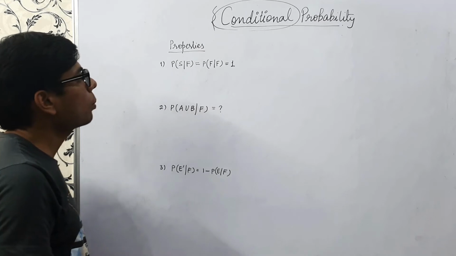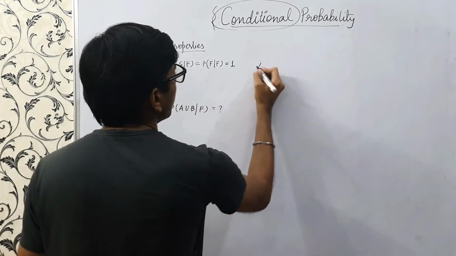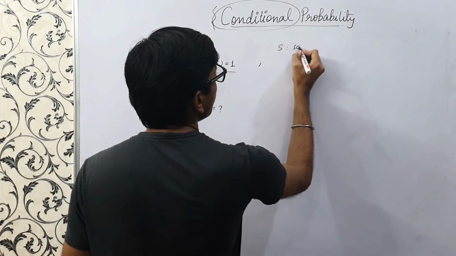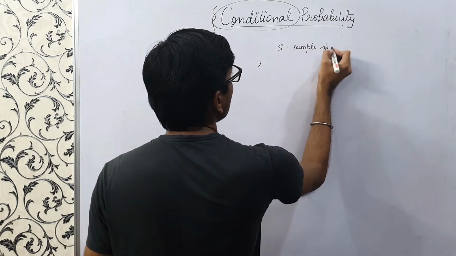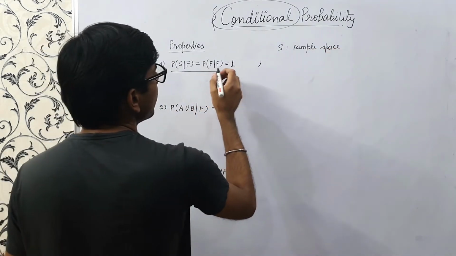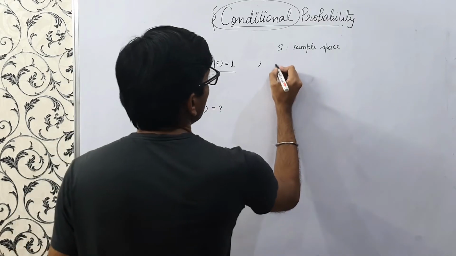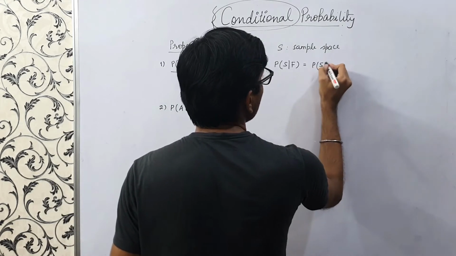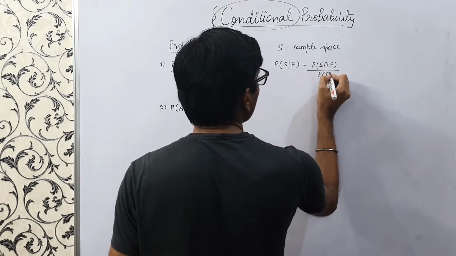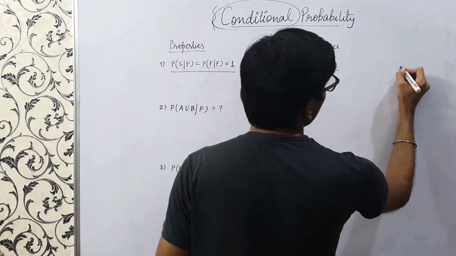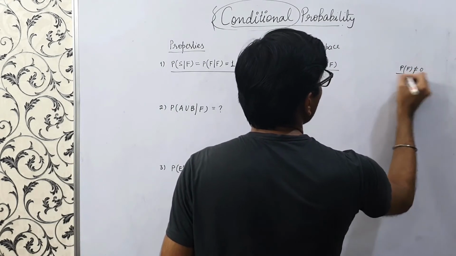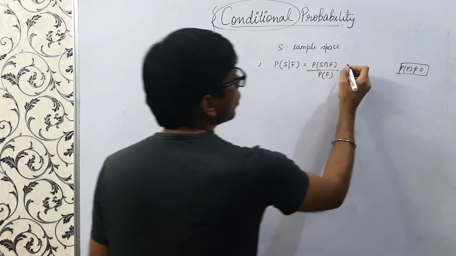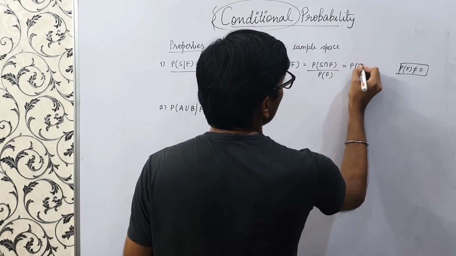Now we'll see some of the properties of conditional probabilities. The first one is very simple. S is the sample space. So the probability of the sample space given F equals probability of F given F equals 1. Probability of S given F equals probability of S intersection F upon probability of F, provided probability of F is not 0. One condition in conditional probability that we have to remember is that probability of F is not equal to 0. S intersection F: S is our whole sample space.